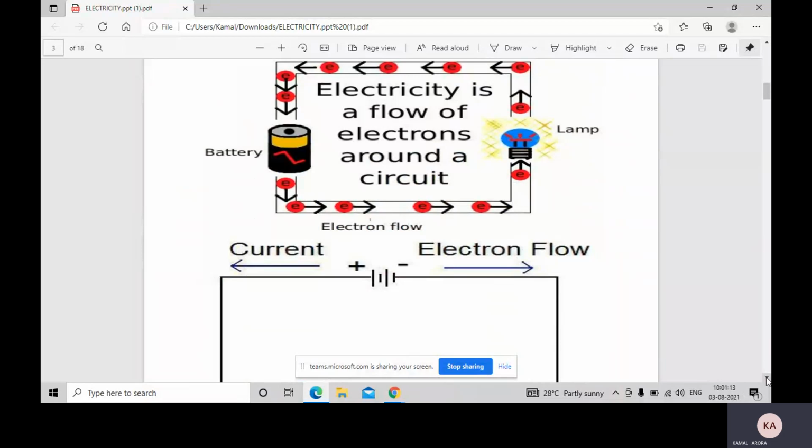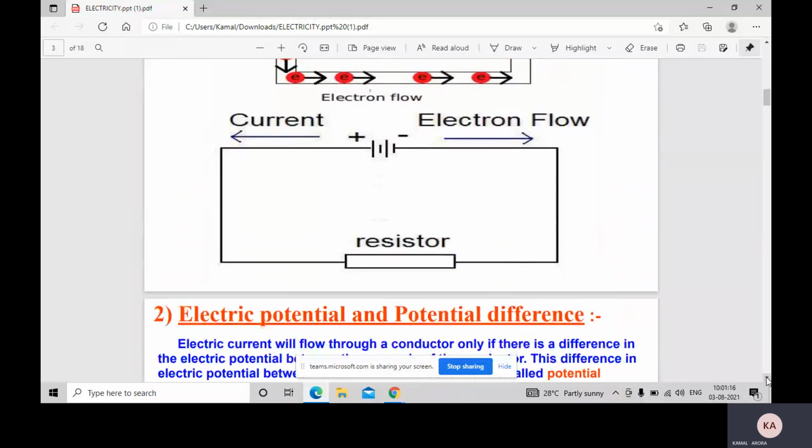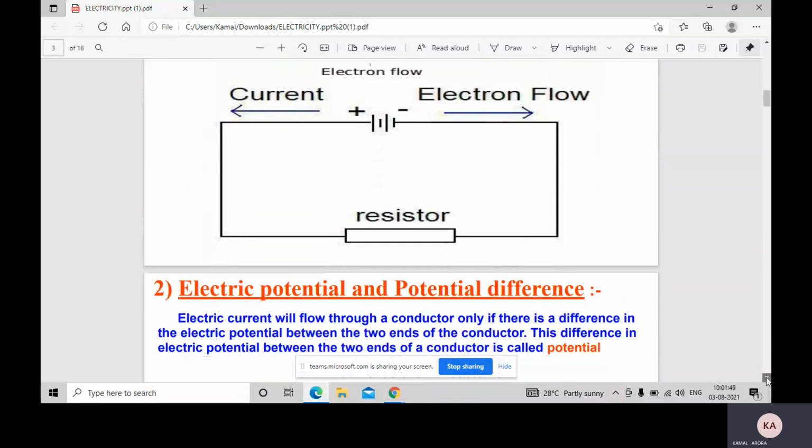Whereas we consider the direction of current from positive to negative, as shown in the above figure, so it is known as conventional current. Why have we taken the direction of current from positive to negative? Because we follow the general phenomena of physics, like heat always transfers from higher temperature to lower, and wind blows from higher pressure to lower pressure. Here, the negative terminal is at lower potential and the positive terminal is at higher potential. So we also consider the current from higher potential to lower potential. So this was the concept of electric current.